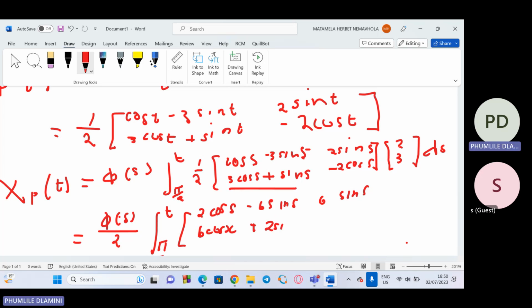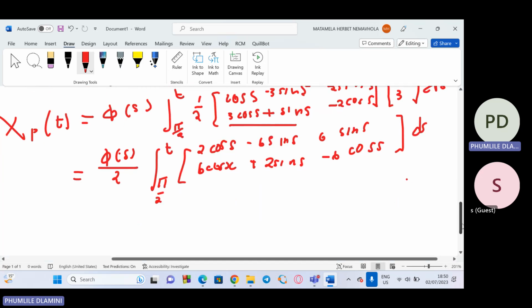This one multiplied by 2, 2 sine s. Then this one times 3 is going to be minus 6 sine cos of s. Then it's going to be d of s. So now we have done that part. So what will happen when we integrate now? When we integrate this one, we are going to find that this part here is going to be equal to,